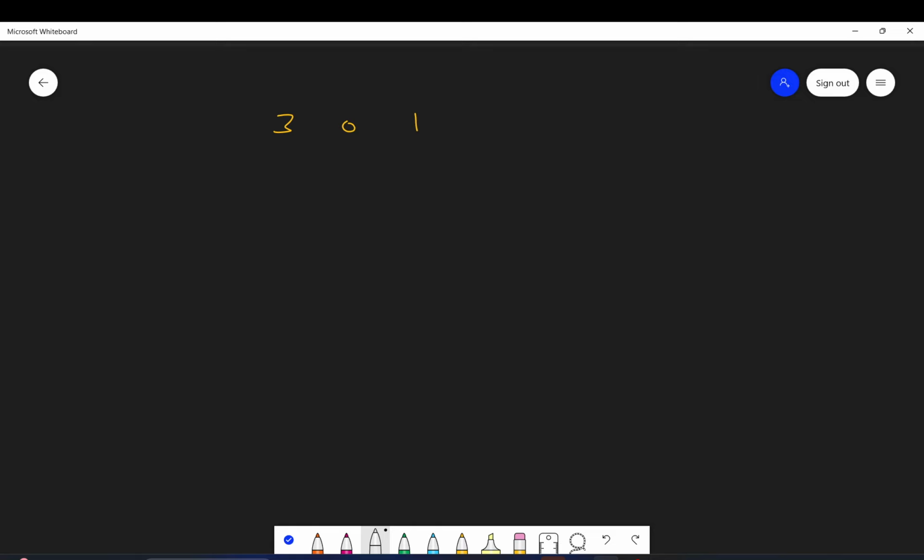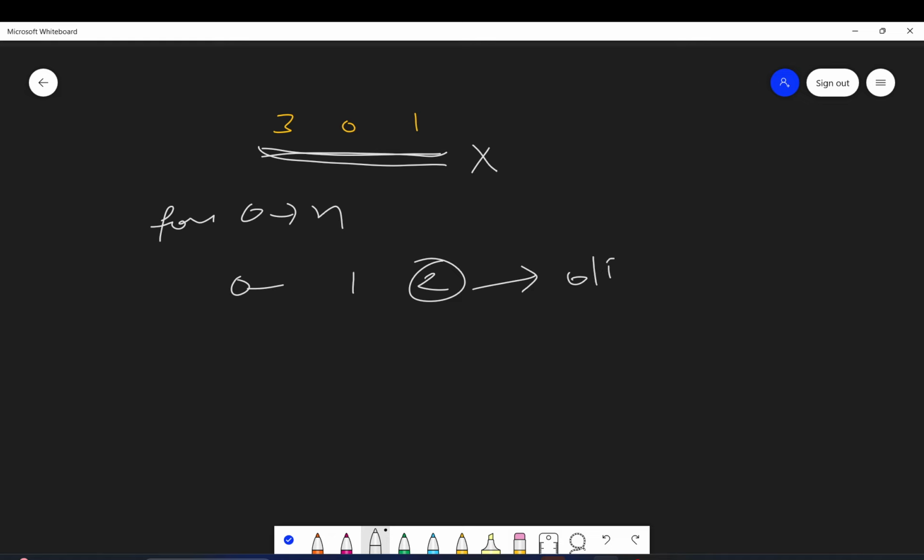So guys, one basic thing which comes into our mind is that I will iterate from 0 to n. One by one, I will check whether 0 is present in the array or not. Then I will check 1 is present in the array or not. Then I will check 2 is present in the array or not. So 2 is not present, hence 2 is our output. This is a basic approach, a brute force approach, you can say.